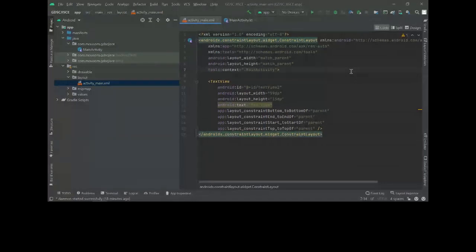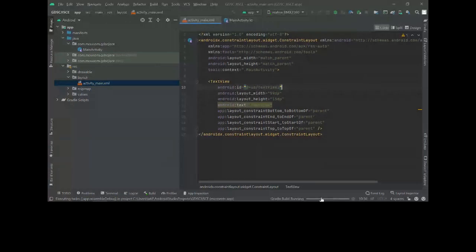So if I connect my phone over here, you will see that there will be a device, and this device is populated over here. When you can see your device name and your model, then you can just click this run button, and it will build your application in real time. It may take some time depending on your system.